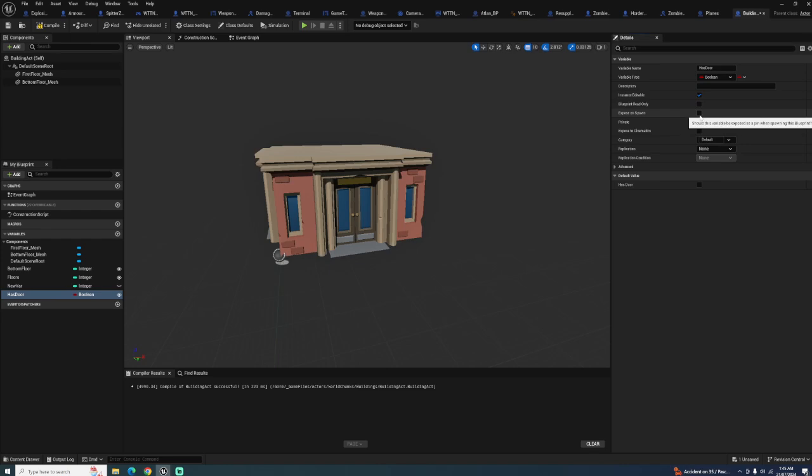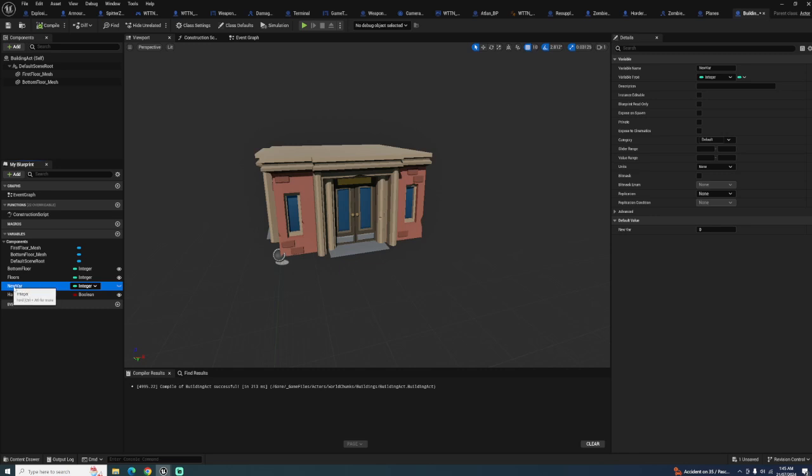Expose on spawn. Instance editable. So we've got floors. I feel like maybe I do want to add a way to